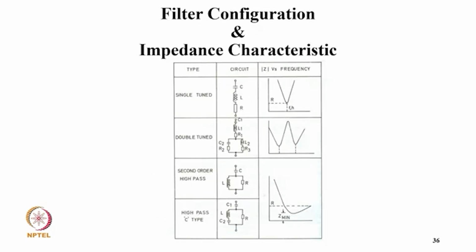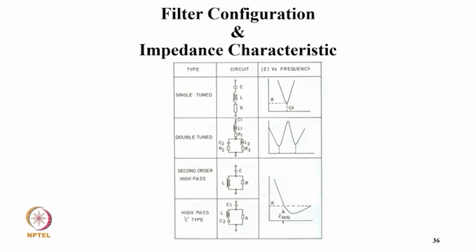Now coming to filter configuration and impedance characteristics, so we have different passive filters here. The single tune filter is typically a series RLC circuit, where R is typically the resistance of the inductor, and you can see at the tuned frequency the value of impedance is only R, L and C cancel out. Similarly for double tune, you have typically the circuit of RLC, then in parallel you have an inductor and then capacitor and resistor. So you have two tuned frequencies, so it means it can eliminate two harmonics. The single tune can eliminate a single harmonic or can suck the current of it.